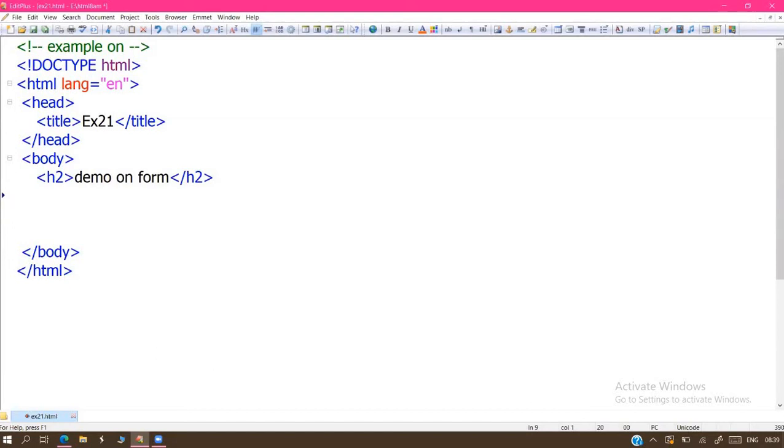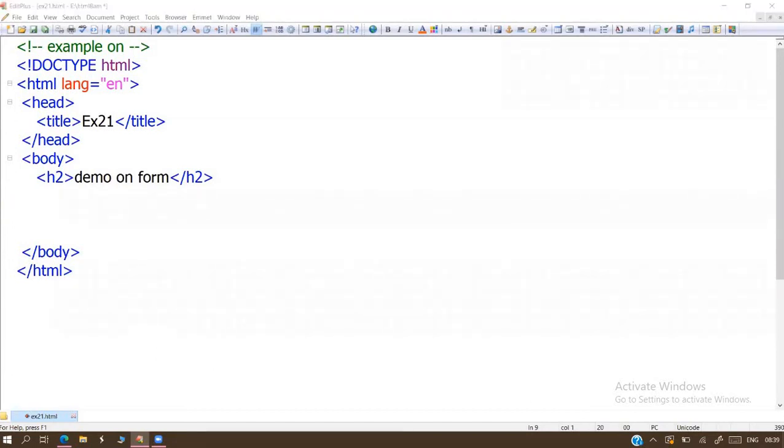Sir, I have a doubt. Actually, some multiple student marks are there. How to calculate the total marks, percentage and grades? You have to use JavaScript only. Actually, in tables we are not calculating. Tables are only for displaying purposes. Every student's marks report is displayed in table format.